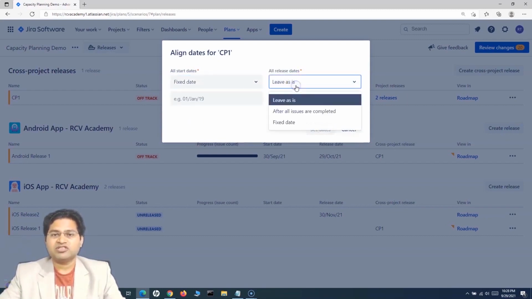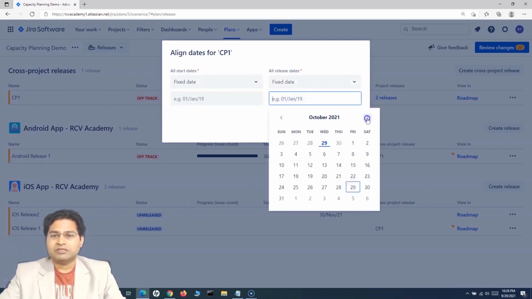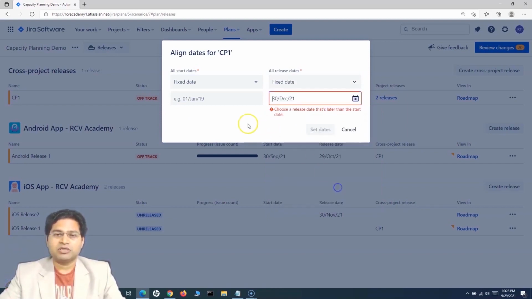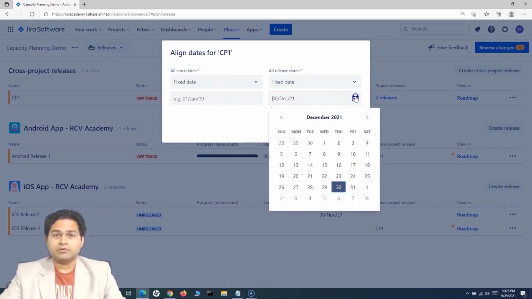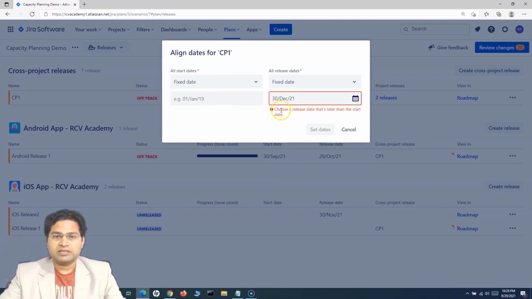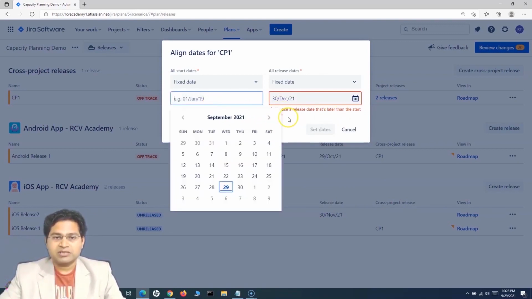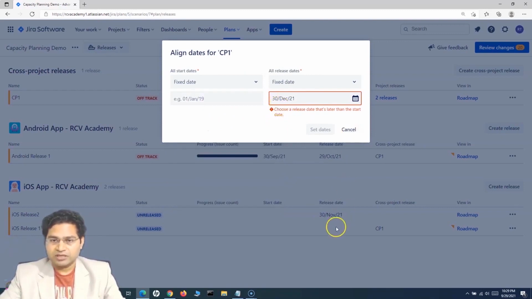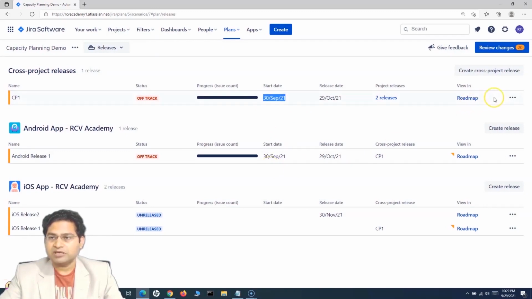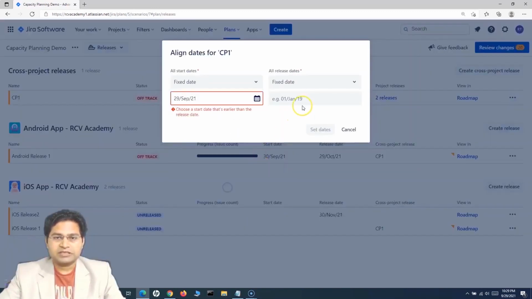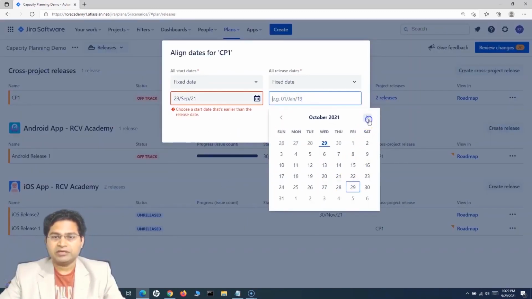Say for example, I'll change both of the releases to December because my team doesn't have the capacity and I'm sure they won't be able to complete the overall issues in the release. So we'll move it. And the release date, so choose a release date that's later than the start date. Looks like the start date is 30th of September. Let me align. So let's say the start date is 29th, and then we'll change the release date to, okay,